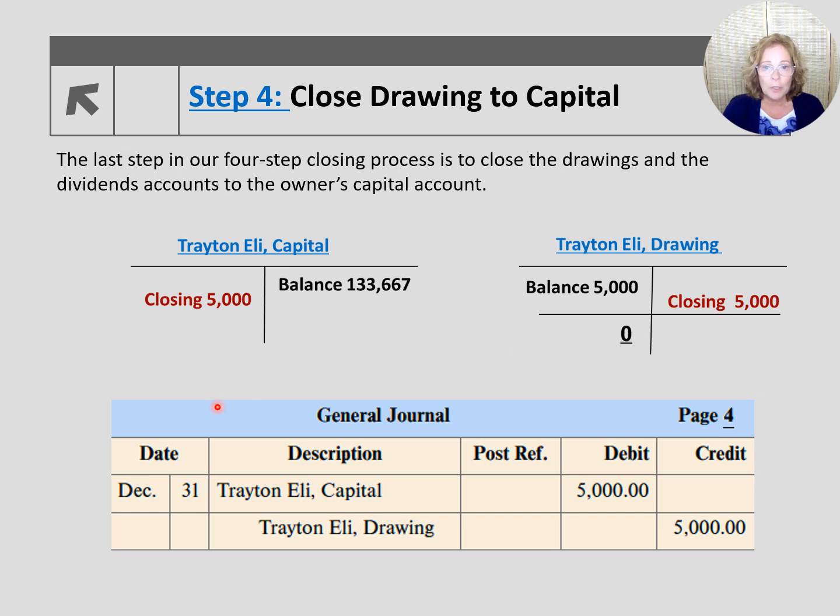So let's write that journal entry into the general journal. We'll write the date into the date columns, and next we'll write Trayton Eli Capital into the description and the amount of $5,000 into the debit column. On the next line, we slightly indent and write Trayton Eli Drawing account into the description column and the amount of $5,000 into the credit column.